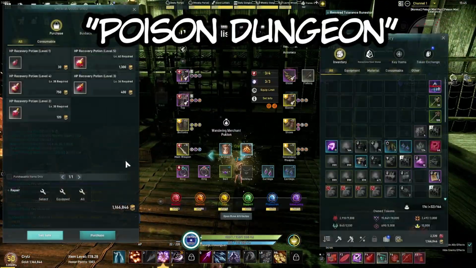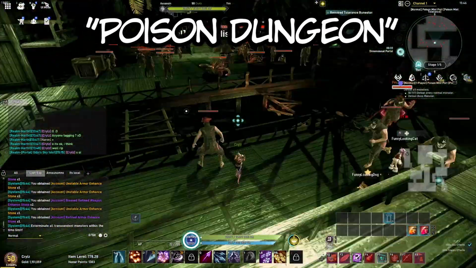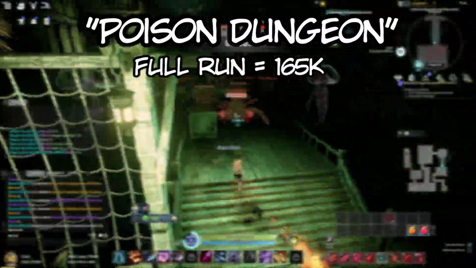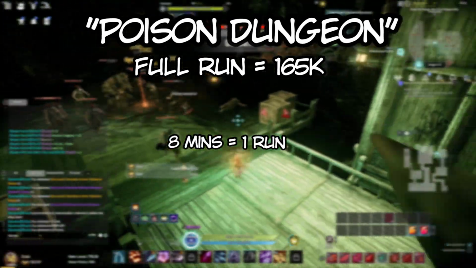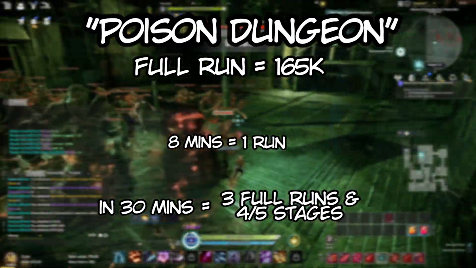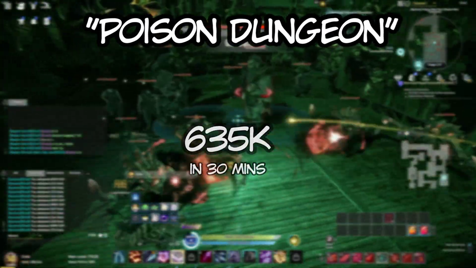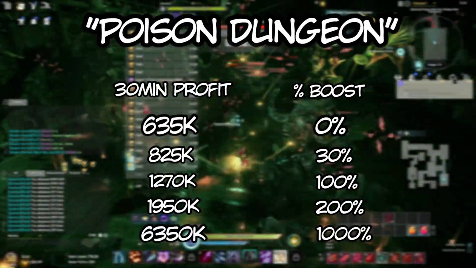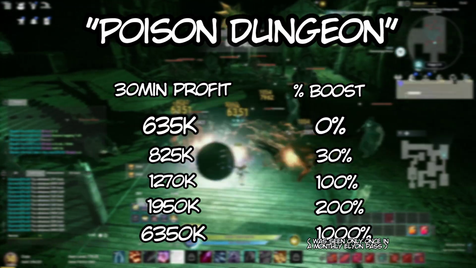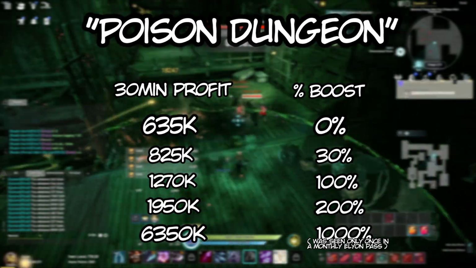Poison Dungeon. Here, all profit comes from gold drops, and a bit from salvaging runestones. One full run should net you around this much. In my case, each run takes about 8 minutes, so in half an hour I'd be done with 3 full runs and 4 stages. Profit per half an hour would be this much. But depending on the type of gold potion I use, these would be the results. If you have gold potions, this is still one of the best places to grind for gold, is what I would like to say, but let's take a look at